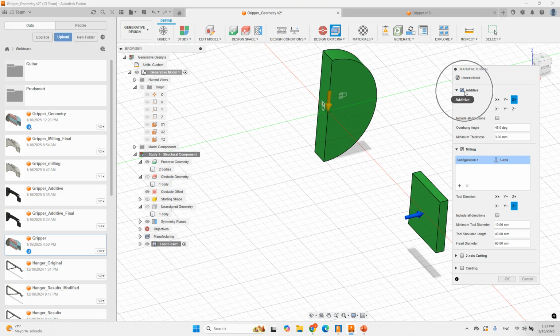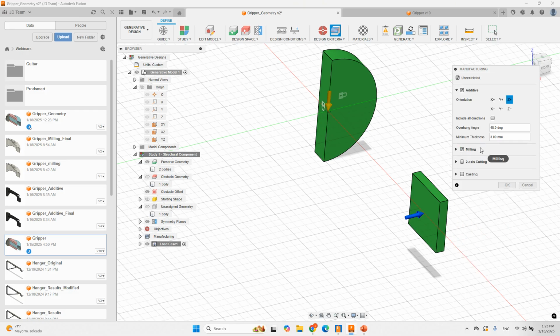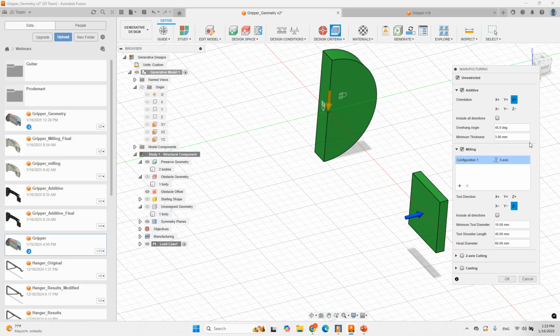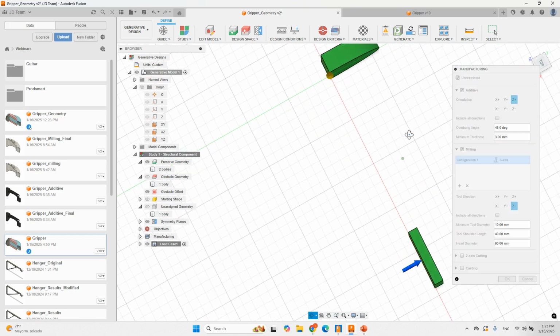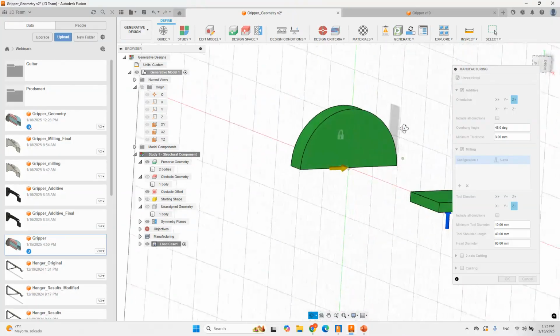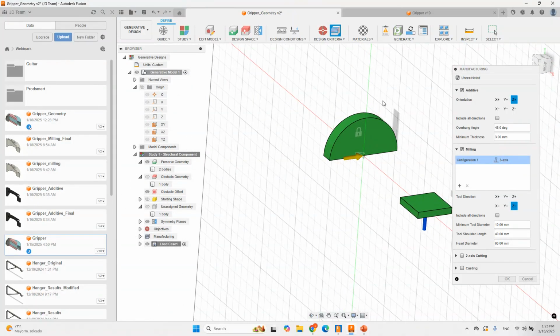I'm going to set these ones as additive, right? And I'm going to set milling as well. I want to explore both options. I can tell the software how I want to make the additive manufacturing, that is the orientation for my extruder, right? And I can specify a maximum overhang angle. For the 3D printer guys out there, you might know that's usually 45 degrees, and the minimum thickness as well. Okay, I can explore different directions if I want to,